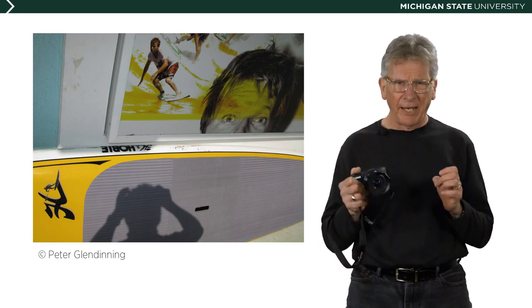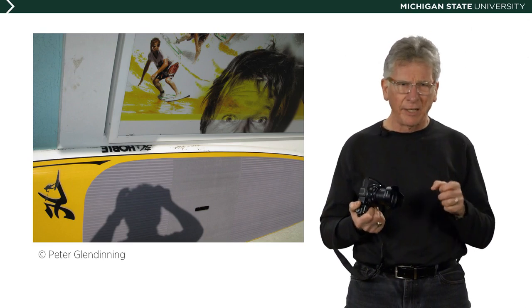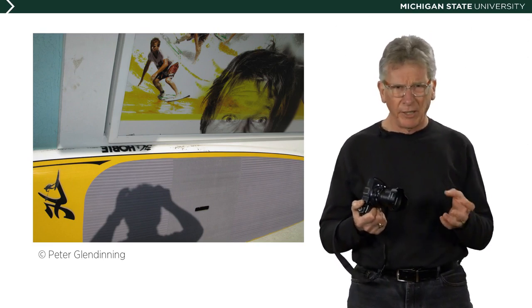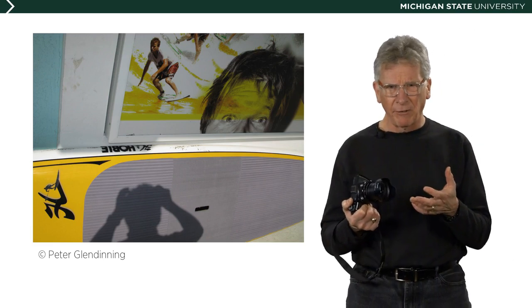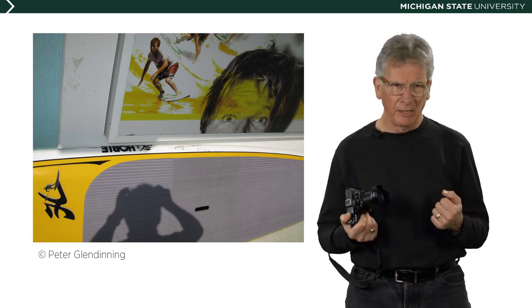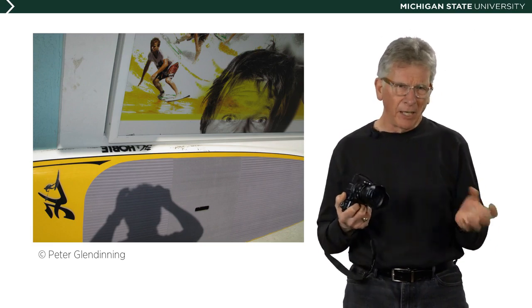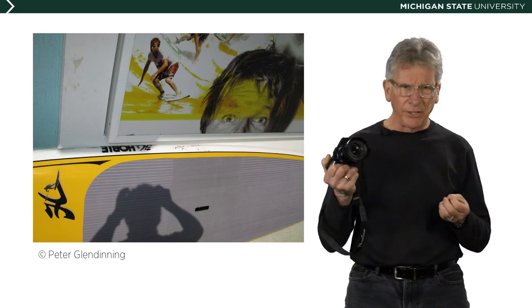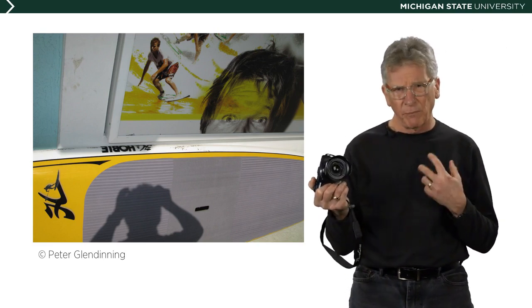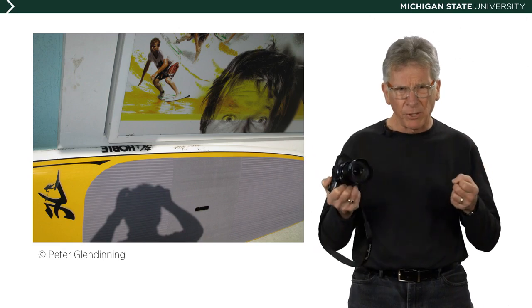So I moved a little bit to the side, just a little bit more to the left, and then the nature of my shadow, those lines that I was creating, the lines that were on the board, the images of the people that were in the poster in the background, the image of the people in me, those all were kind of working together. Another thing happened. The yellow on the left-hand side is really a prominent color now, and it's interplaying with the yellow that's in the poster board, especially on the forehead of the man who appears to be sort of peeking